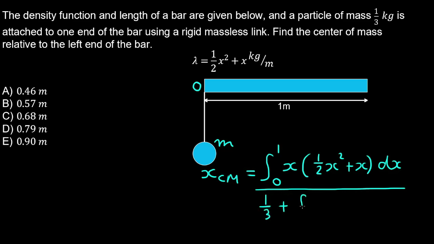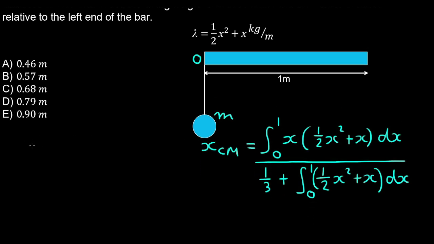plus the mass of the bar, which is the integral over the length of the bar, and we integrate the linear density function, which is 1/2 x squared plus x over x. So therefore we can obtain a center of mass